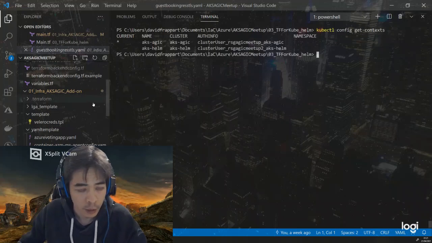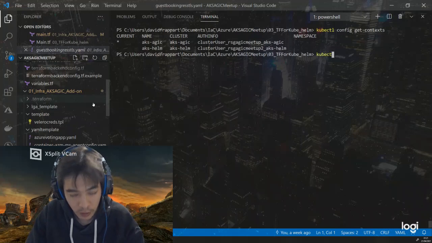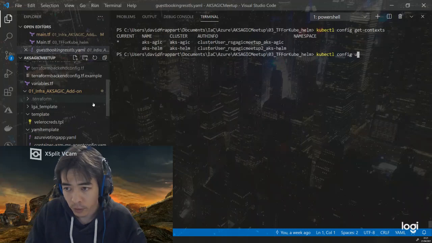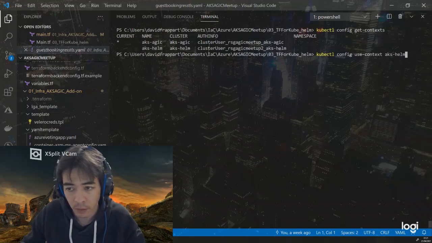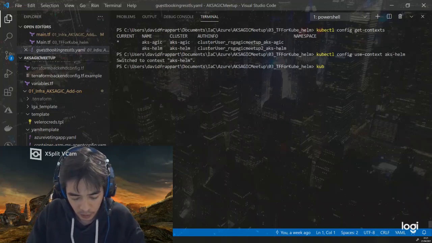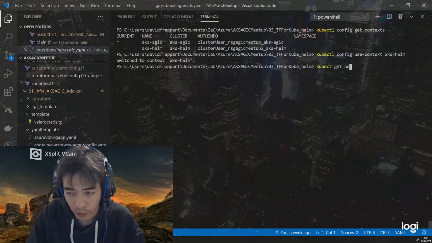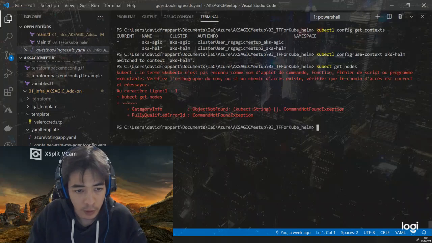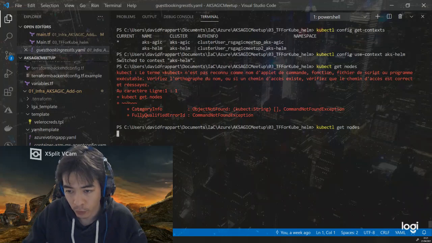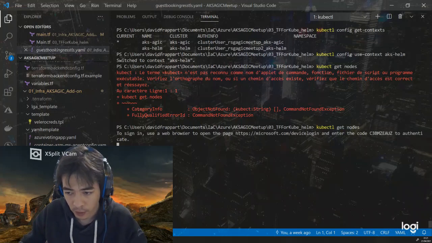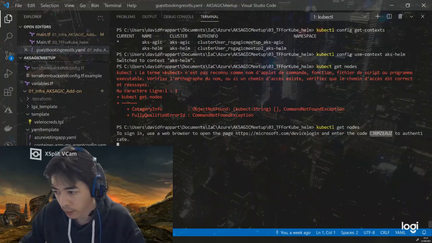Okay, let's switch to the other Kubernetes cluster. kubectl config use context and specify my name, and connecting again on the Kubernetes cluster because this is still related to Azure AD. kubectl... and I forgot. Okay, let's copy paste that.